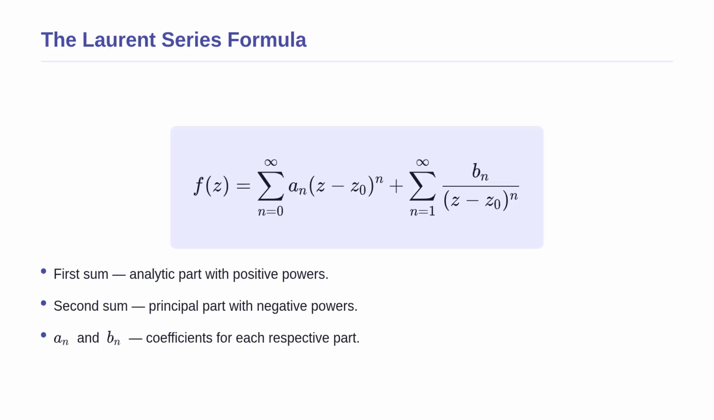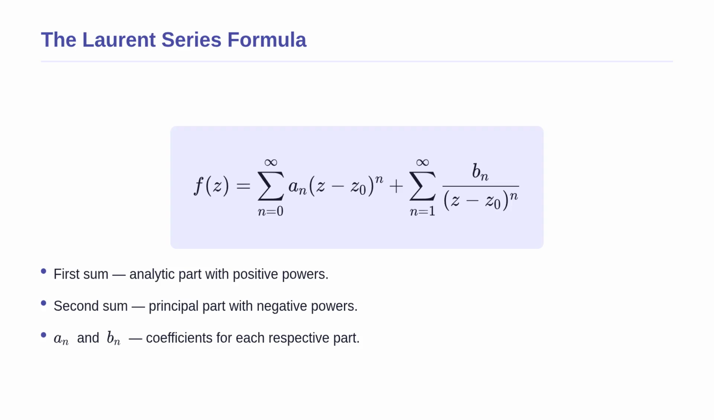Having seen the safe region, let us look at the mathematical formula that makes this possible. This is the full Laurent series formula, and it comes in two distinct parts. The first sum, with coefficients a sub n, contains the positive powers. This is called the analytic part, and it behaves exactly like a standard Taylor series, describing the smooth part of